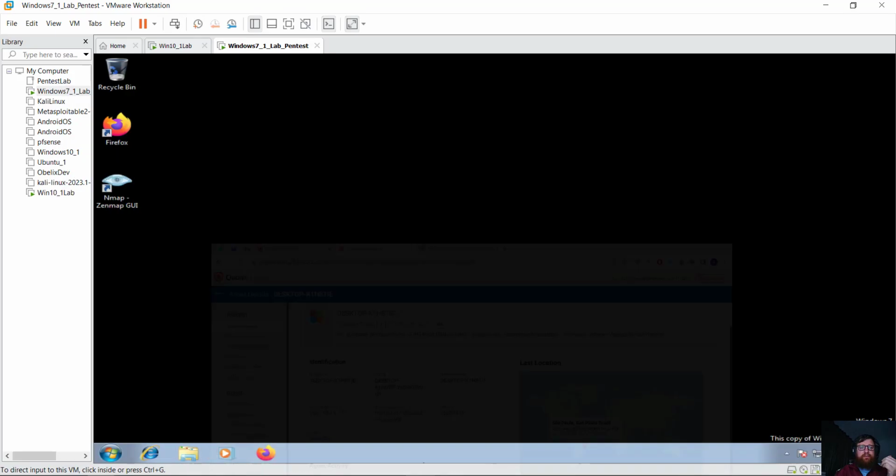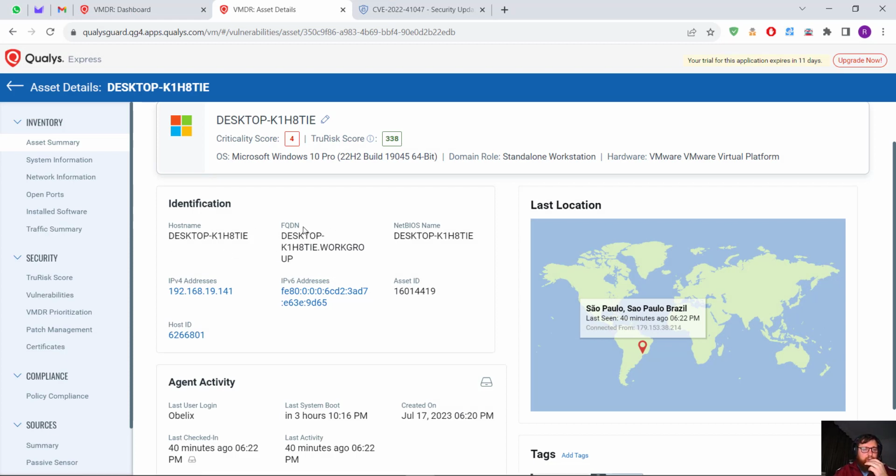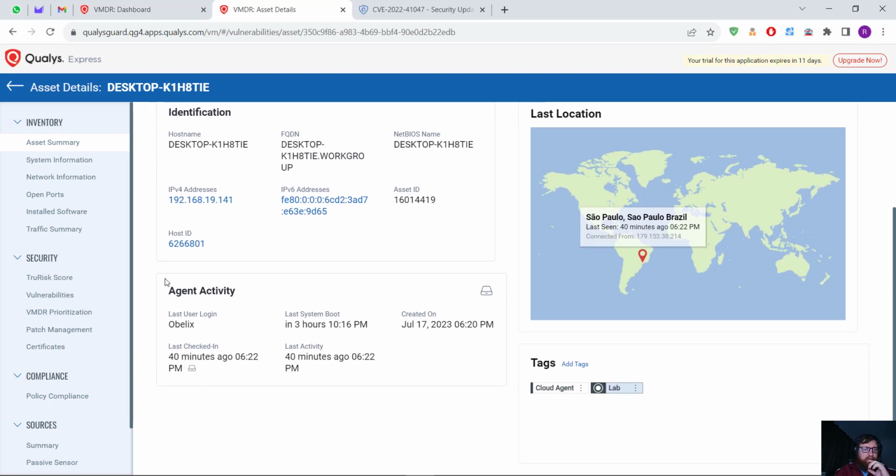Yeah, because it's running on VMware. And then we have the host name here, asset ID, the IP address, okay, the host ID on Qualys. And then down here we have last user login, last checked in 40 minutes ago because I did a Portuguese video. Okay, last boot 3 hours ago, last activity 40 minutes ago, created on, this was created in July 17